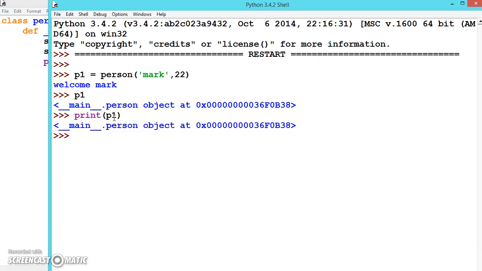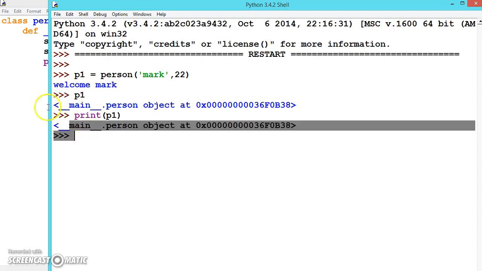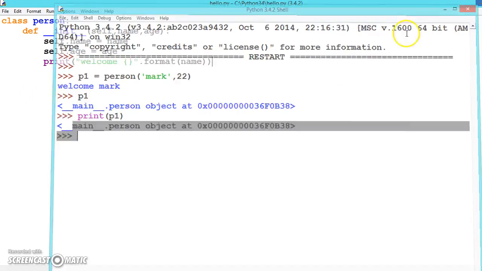the print function will call by default a special function called str. It is calling that function because we haven't defined it in our class. It is taking this string and printing the same. So now let us define it and see the result again. Let me close it.